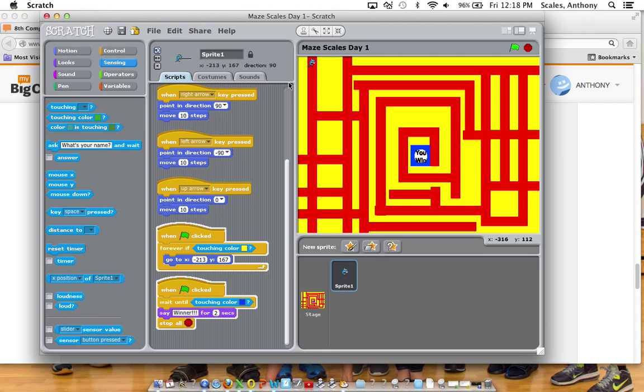This script tells you when you finish, so when I click and I have my character over here, and I'm going to cheat real quick, when he touches the blue, as soon as he touches the blue, it says winner, and then it stops everything. Okay, so that is how you set up your maze projects. I can't wait to see what you guys create, and